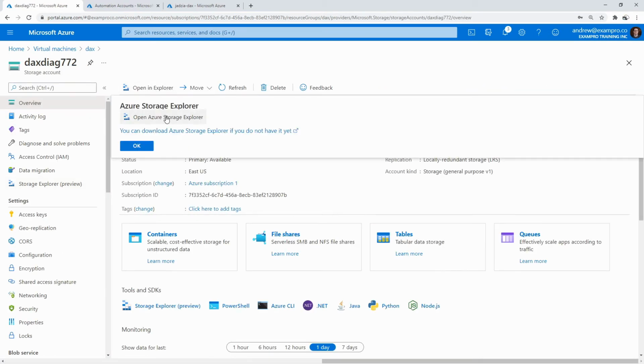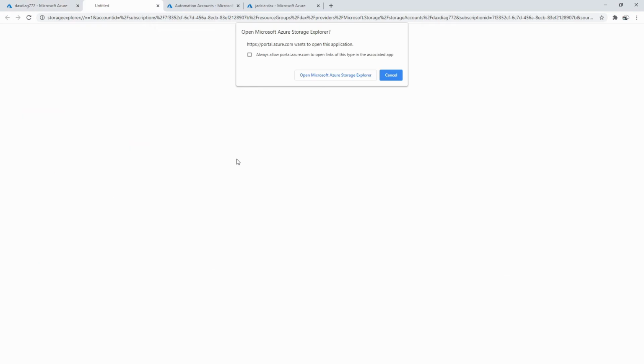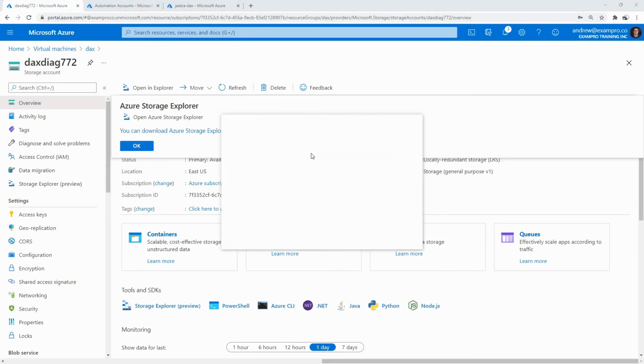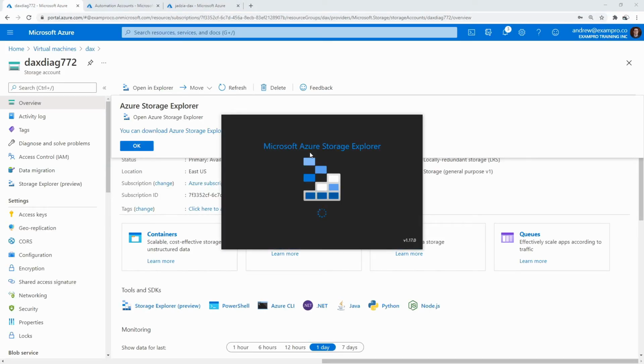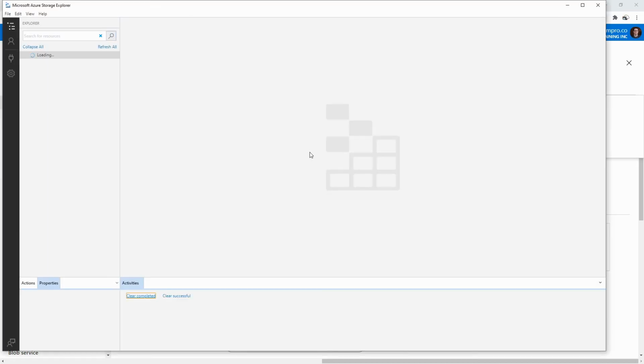So if you go to Open Explorer, you'd have to install this. It's for Windows. I think it's for Mac as well. But once you have the Storage Explorer open, you can just click Open here. And it'll open up once it's installed on your computer, of course. And what I can do, if we have any data, it might not be collecting any data yet, but if